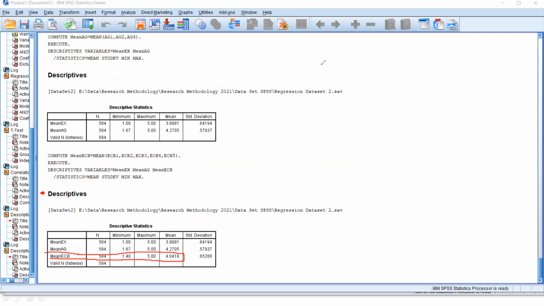So the mean for ECB equals 4.04. That means, what? The majority of our respondents agree with their behavior of environmental responsibility. ඒ කියන්නේ අපි දීලා තියෙන ප්‍රකාශ වලින් ගොඩක් අය මේකට agree වෙලා. ඒක අපේ mean එක මේ ගන්නට එන්නේ.